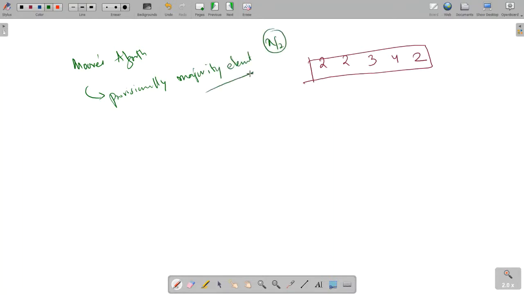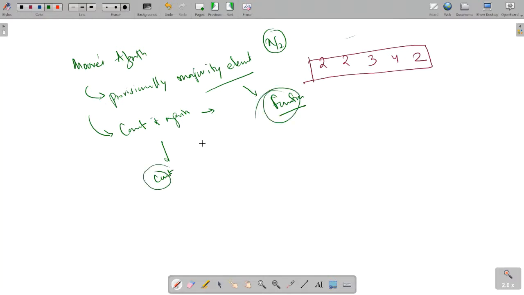To prove that it is occurring more than n by 2 times, you have to count it again in the second step. So in the first step we are going to create a function that finds the majority element, and in the second step we are going to traverse the entire array and check if the element we have found is occurring more than n by 2 times.